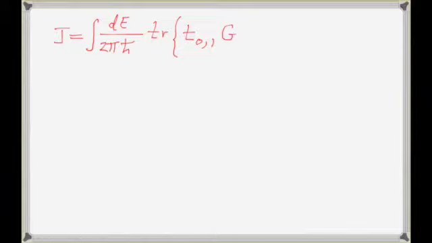So I guess I'm going to write this down and show that the two are equivalent. J is equal to the integral dE over 2 pi h bar of the trace of T01 G less than 10 minus T10 G less than 0,1. So these are the G less thans, and our device as usual starts at 1, and so 0